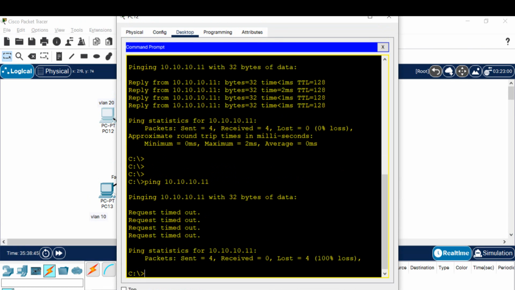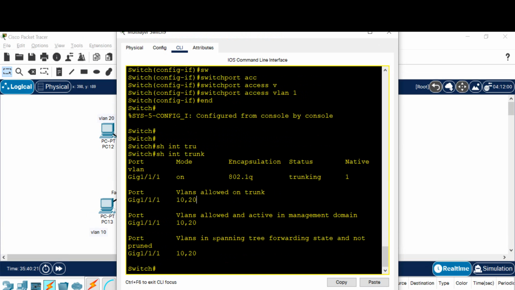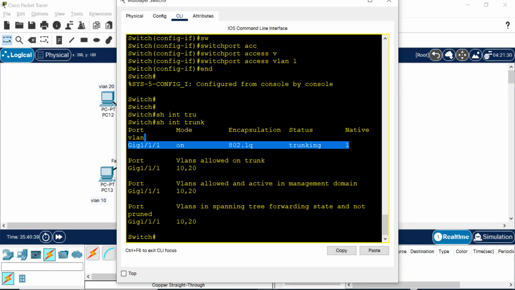Timeout. Okay, so I am not able to ping. If you look at here, show interface trunk, VLAN 1 is the native VLAN. So native VLANs don't need any tagging to traverse the trunk. But best security practice in networking is don't allow VLAN 1 via the trunk link,